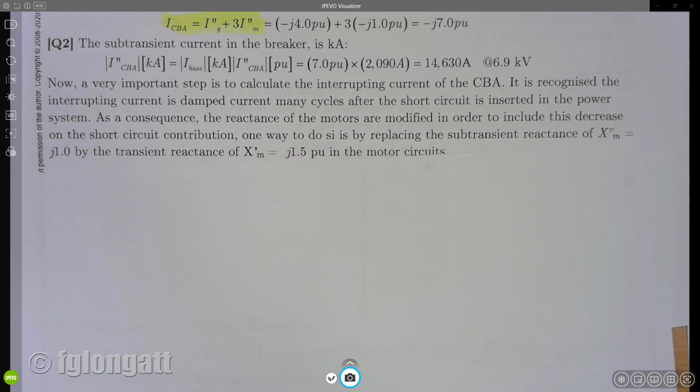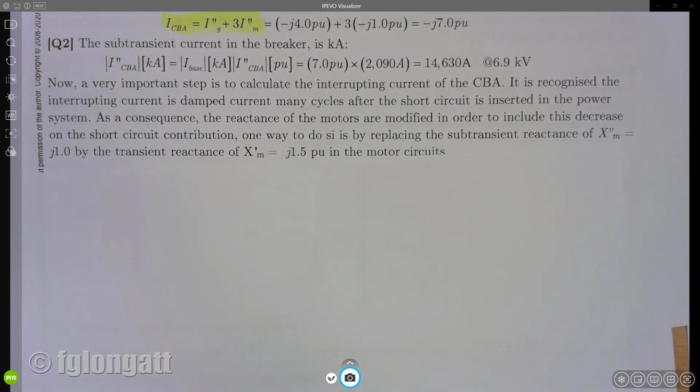Okay, there are several ways, but if you remember, I taught you that one way to do this is to modify the reactance on the rotating machines. If you remember the EX method, the EM method says, for a synchronous generator, you don't affect the subtransient reactance. What I'm trying to say is that for interrupting current calculations, you will use the subtransient reactance of the generators. However,